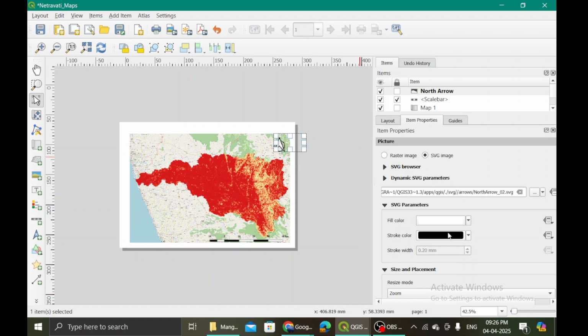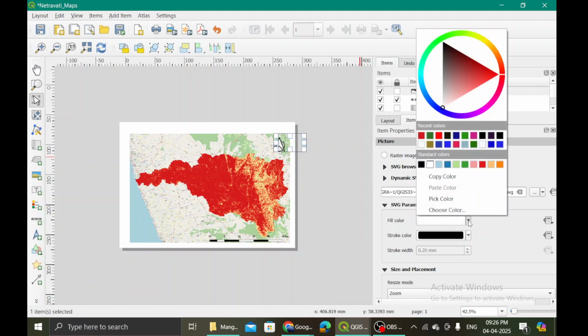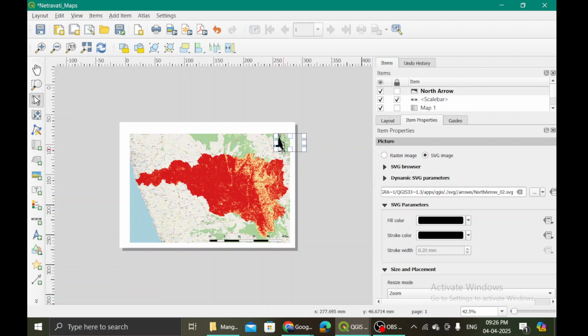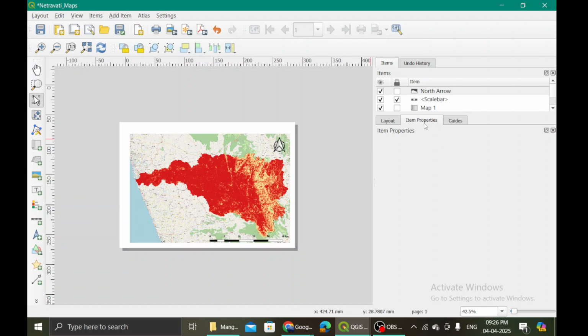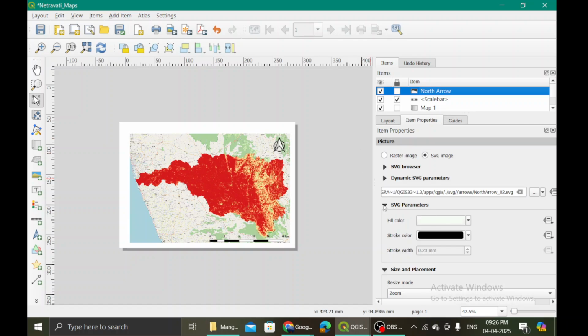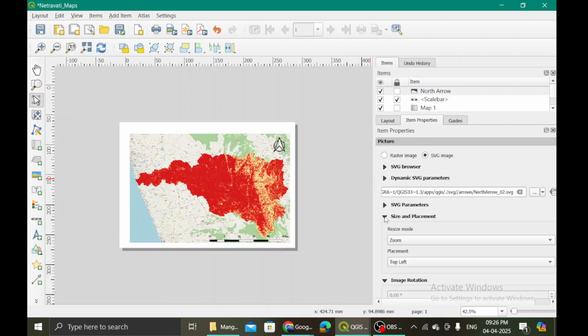And then you can change its color, fill color, if you want the fill color to be black. Let's just see how it looks. Okay, that's how it looks. This also seems fine. So, switch parameters, I will use size top left is okay.